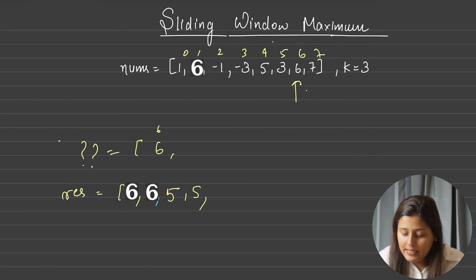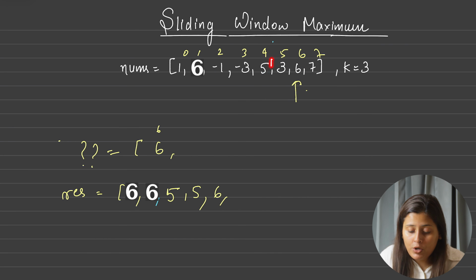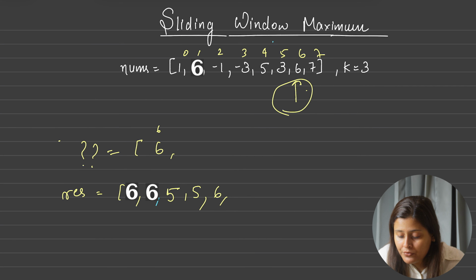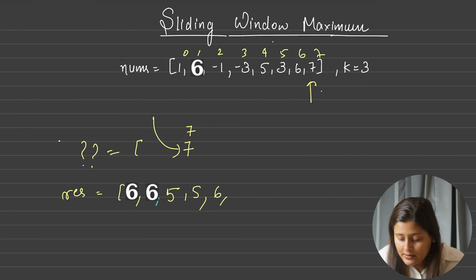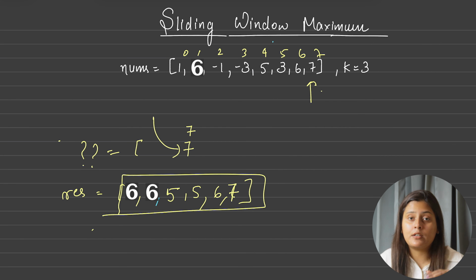Okay. Now we will put the answer 6 also in the next window, because for this window 6 is the maximum. Now for the next window, what will happen? This value will move ahead and we will bring 7. When we bring 7 at the 7th index, obviously I would like to delete this, and then we will read the first value, and that is nothing but 7 only. So this will be our final resultant answer.